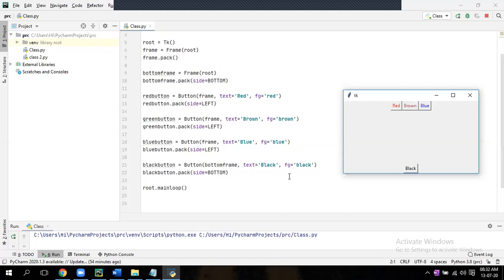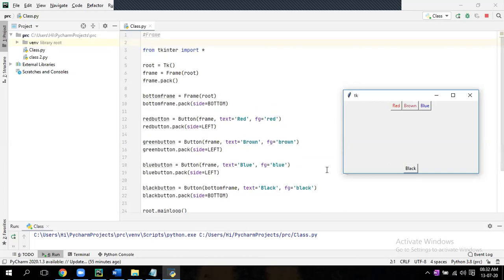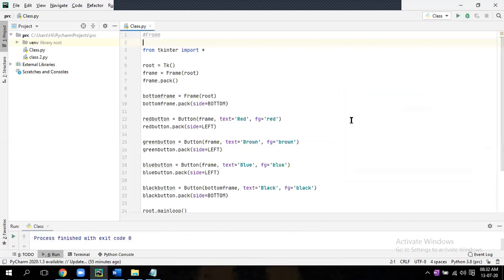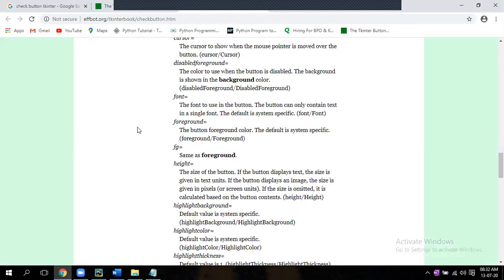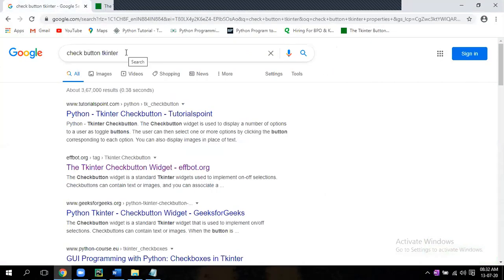So nothing else. These are more buttons. I'll tell you one example. Just close it. Open Google. See, everything is there. You just need to search: write a simple calculator using Tkinter.